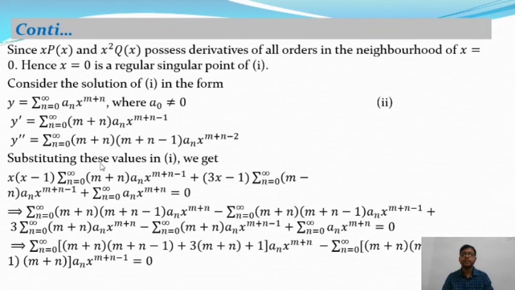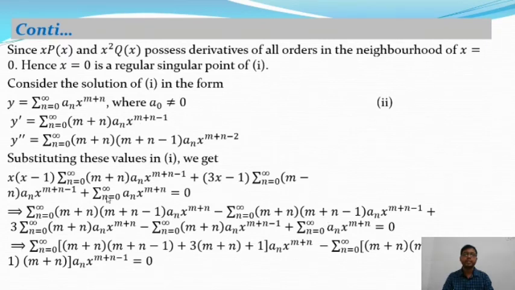So now substituting these values of y, y dash and y double dash in equation 1, we will get this one. That means x into (x minus 1) summation n is equal to 0 to infinity (m plus n) into (m plus n minus 1) into a_n x to the power m plus n minus 2, plus 3x minus 1 into summation over n is equal to 0 to infinity (m plus n) a_n x to the power m plus n minus 1,